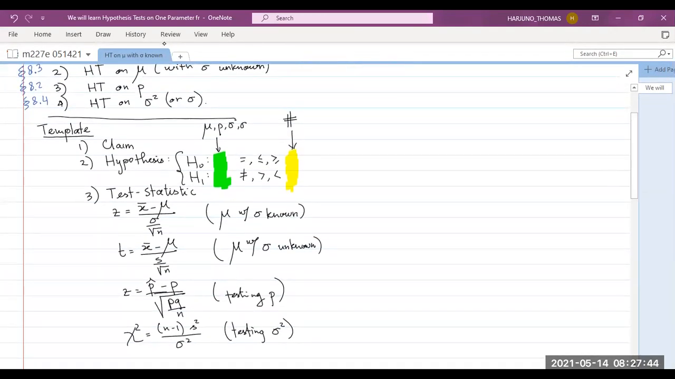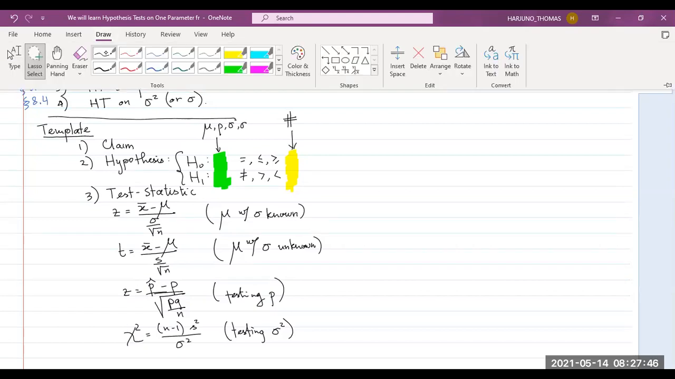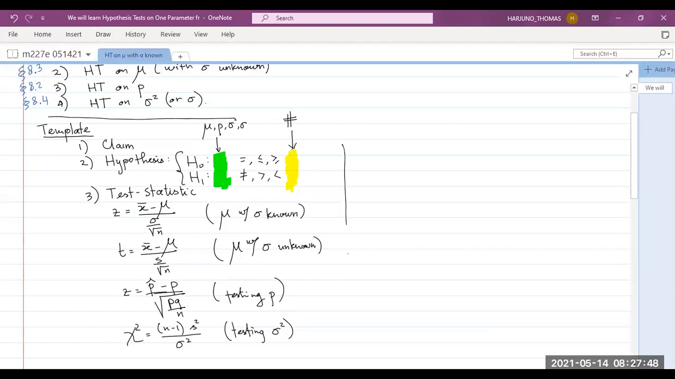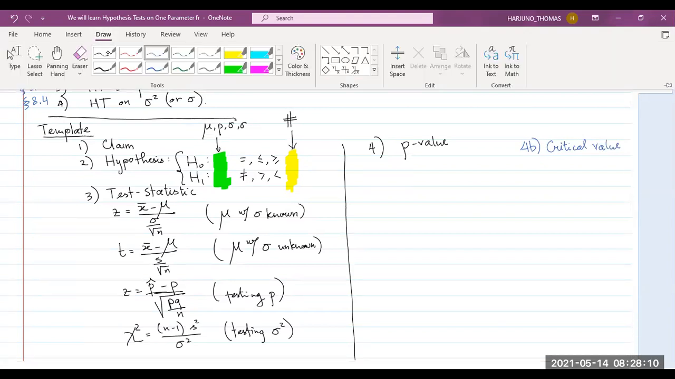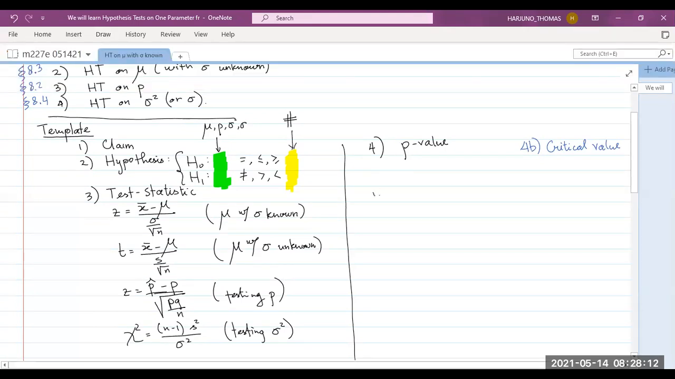Step 1, 2, 3, and then step 4. Continue step 4 here, which is the P value. Now, if you want extra credit, then we will also do the critical value. And then after that, we do the informal conclusion,